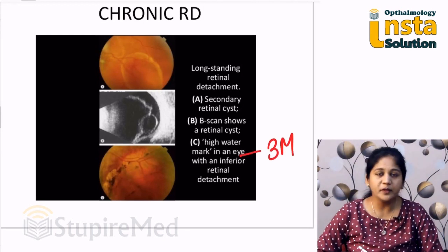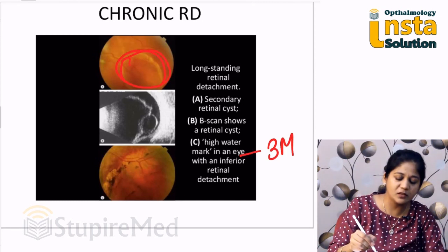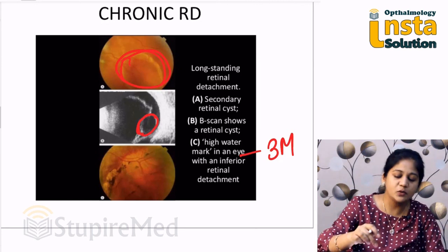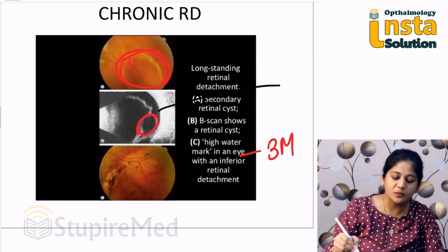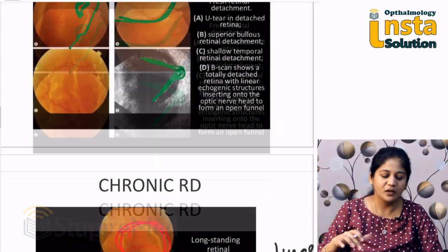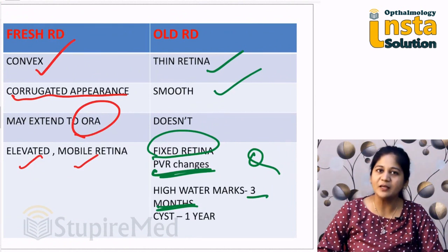Apart from that, you may also see a cyst in the retina. So, this is classically a cyst in the retina, very well seen on ultrasound also. This tells you that the duration of retinal detachment has been over a year. Okay, so this is your old and your fresh retinal detachment, a very important